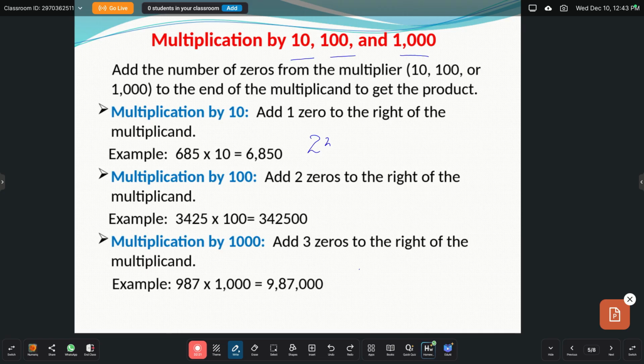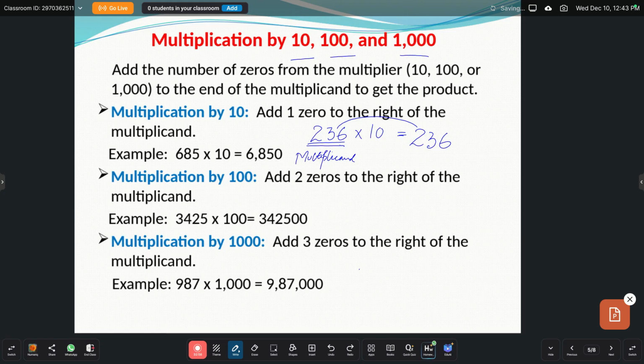What you will do is that suppose you are having any number, like I will take a number here, 236, and I have to multiply it by 10. Tell me, what is this 236? This is my multiplicand. So always remember, whenever you have to multiply any number by 10, the product will be based on the multiplicand. What is the multiplicand? It is 236.